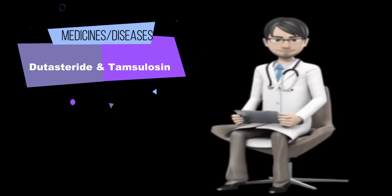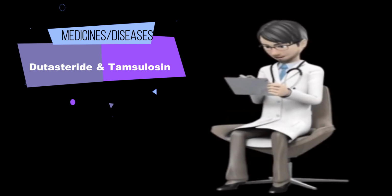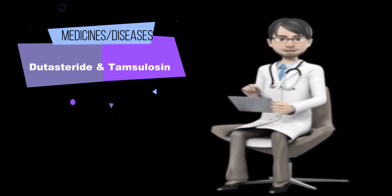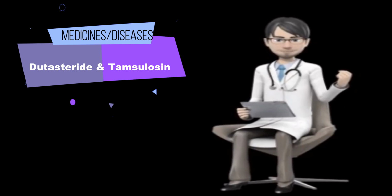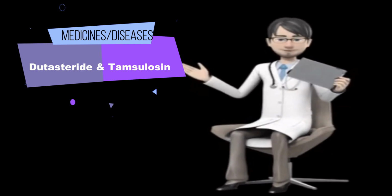Dutasteride can be absorbed through the skin, and women or children should not be permitted to handle dutasteride and tamsulosin capsules. This medicine is not for use by women. This medicine can cause birth defects. The capsule should not be handled by a woman who is pregnant or who may become pregnant. If a woman accidentally comes into contact with this medication from a leaking capsule, wash the area with soap and